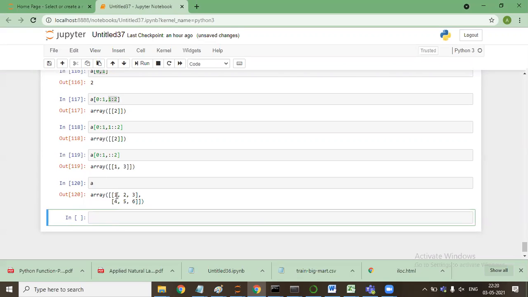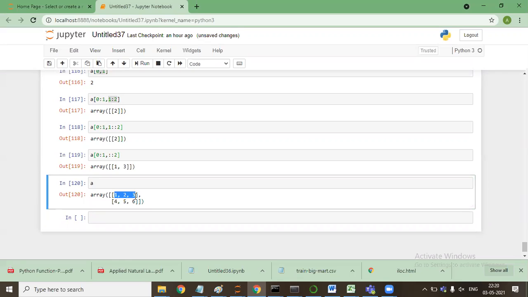What is the 0th row? 1, 2, 3. And when I said ::2, it means alternate values from the row. That is first and then third.